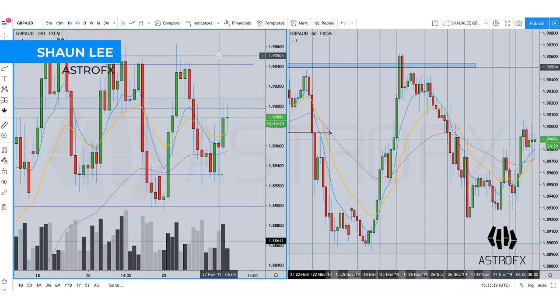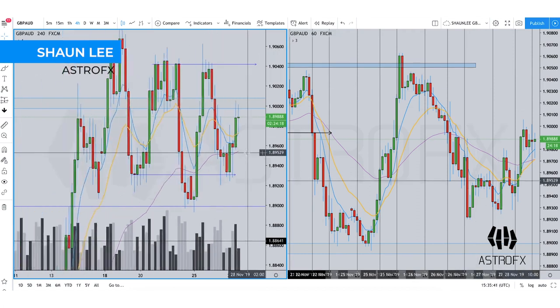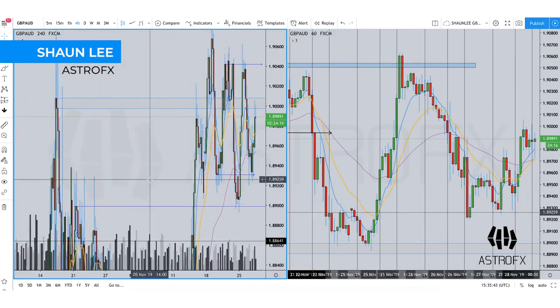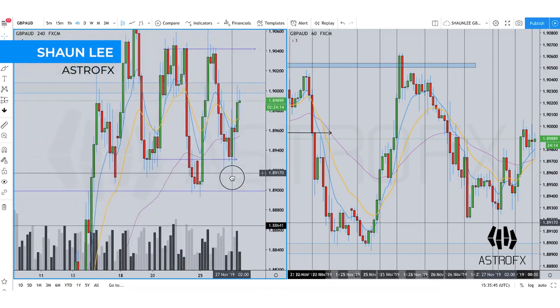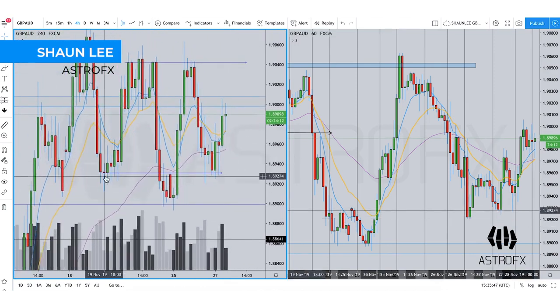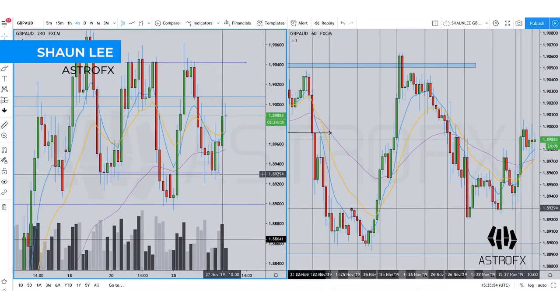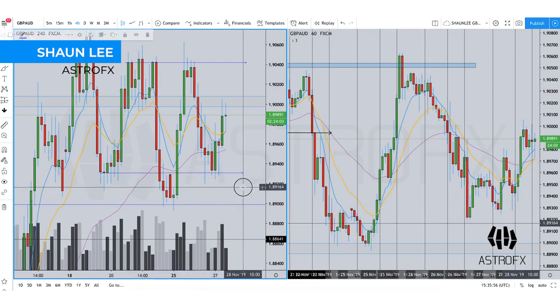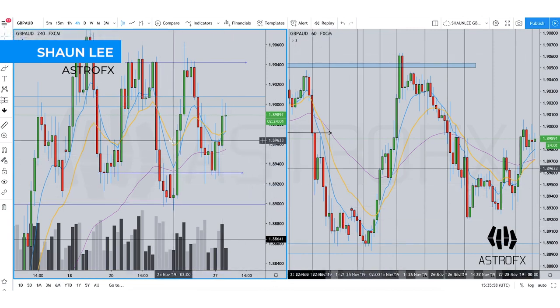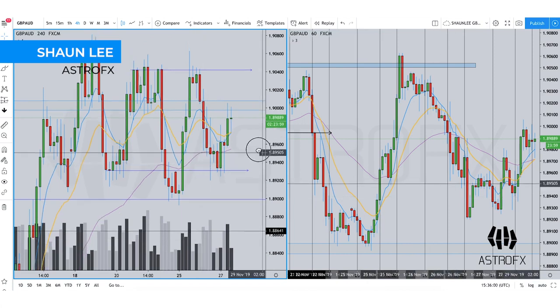start of the week, we had a test into the lower area, the 4-hour area from here. All I did here was extend that to the right-hand side. And I also plotted one at the base of this low from the doji candle and the green candle where these two bodies lie and brought this across. You can see the market has reacted. I'll talk you through this. But what we've seen on the Monday